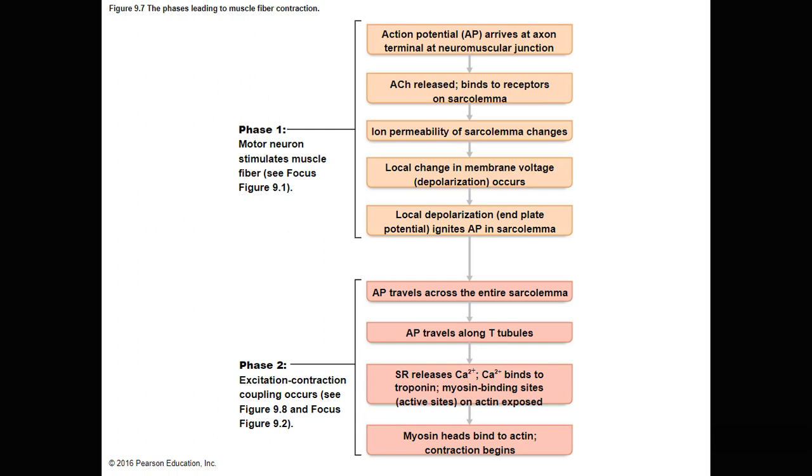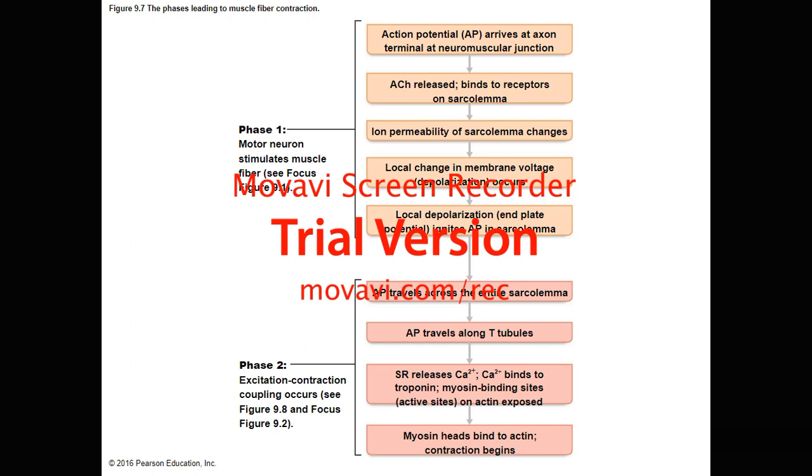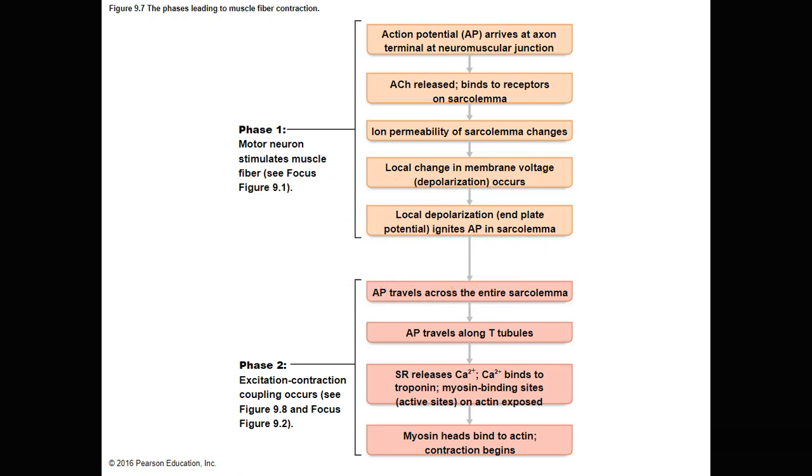In that little space, acetylcholine gets released, and it binds to the sarcolemma on the muscle fiber on the other side of that neuromuscular junction. The acetylcholine binding to the sarcolemma is going to cause a depolarization of the membrane, essentially